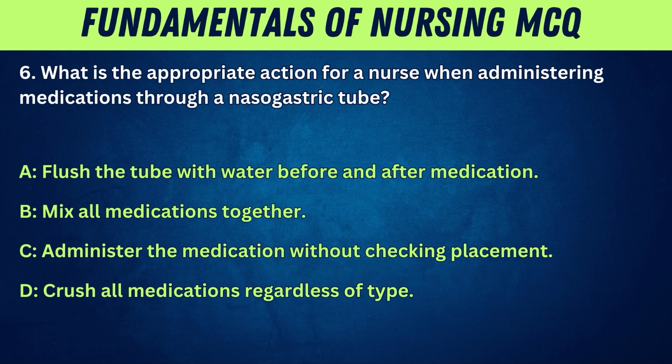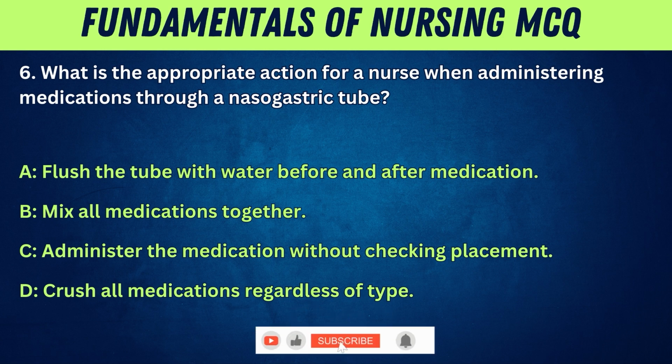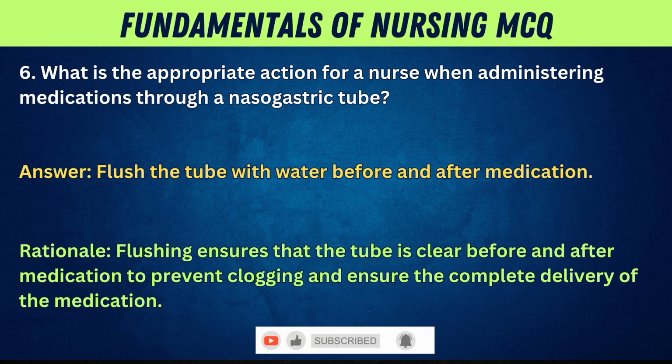6. What is the appropriate action for a nurse when administering medications through a nasogastric tube? A. Flush the tube with water before and after medication. B. Mix all medications together. C. Administer the medication without checking placement. D. Crush all medications regardless of type. Answer: flush the tube with water before and after medication. Rationale: flushing ensures that the tube is clear before and after medication to prevent clogging and ensure the complete delivery